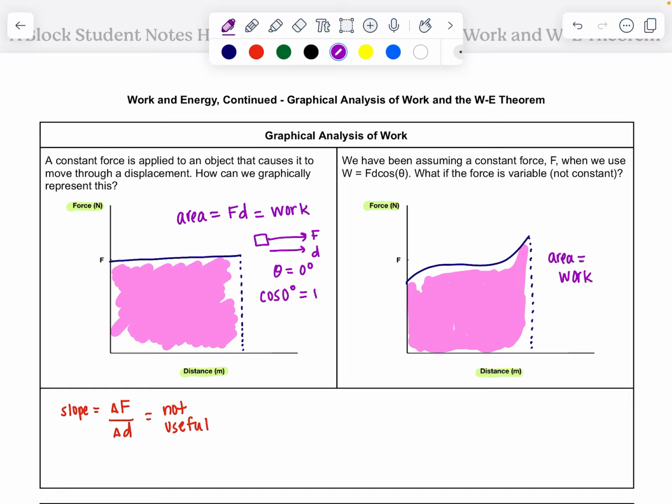But if you notice, based on the shape of that graph, this is a curved line. This is not something that we would be able to use our algebra-based physics skills to solve. This is something that would require an integral, which is a calculus skill that we are not focusing on in honors physics. However, what you might see